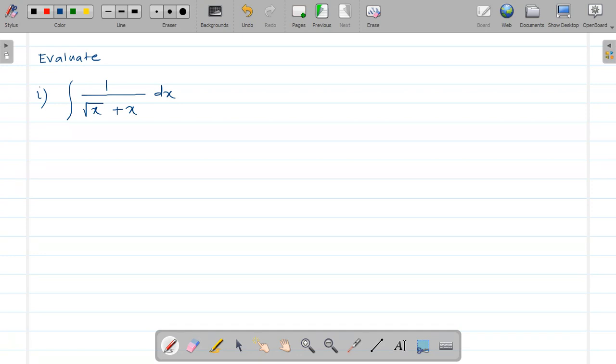Now to use the substitution method, first of all we will adjust this integration as per the requirement in the substitution, because in the substitution method we require the function in the form of f of x and f dash x. Means one part of the function is suppose f of x, then the other part must be f dash x. So related to that we will adjust this.